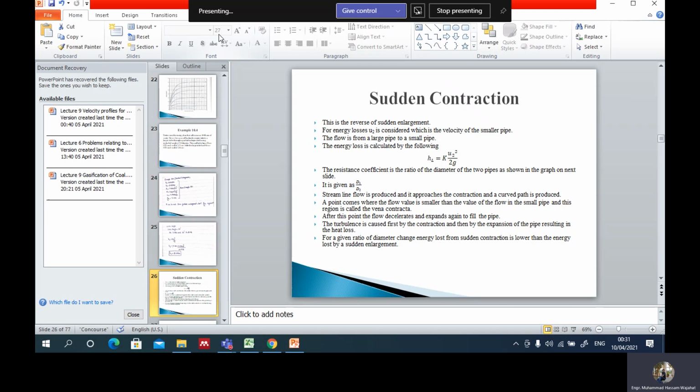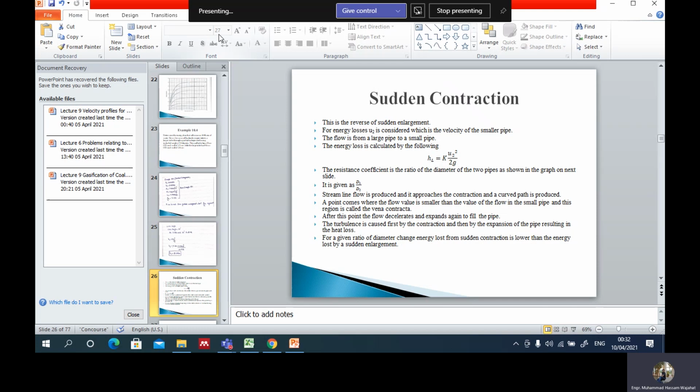Now we talk about sudden contraction. देखें, जब आप enlargement की बात कर रहे हैं ना, तो contraction उसका opposite होता है. Enlargement में क्या होता है? Enlargement में the flow is from a small pipe into a large pipe. Contraction is the opposite. It is a flow from a large pipe to a small pipe,